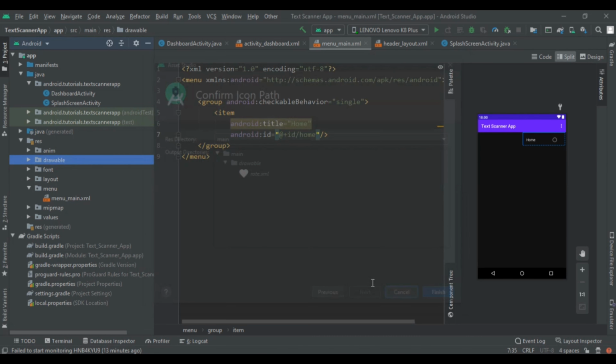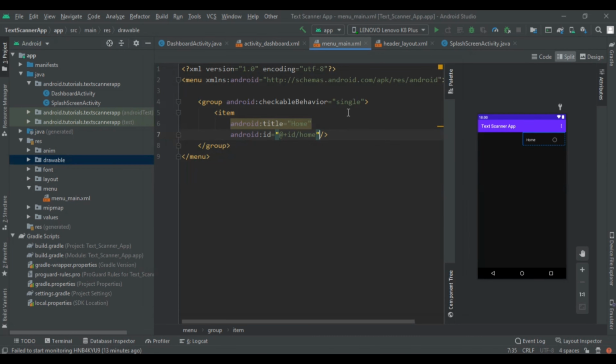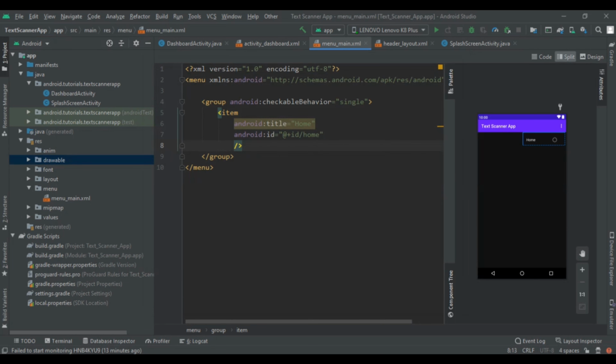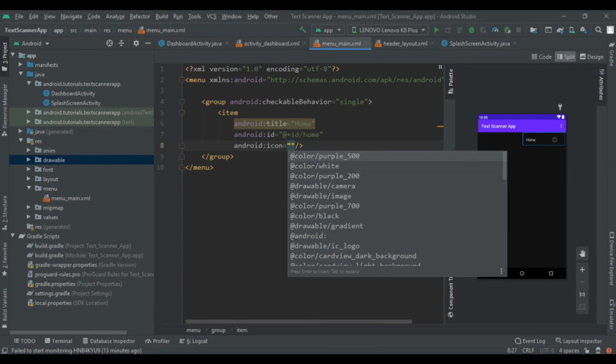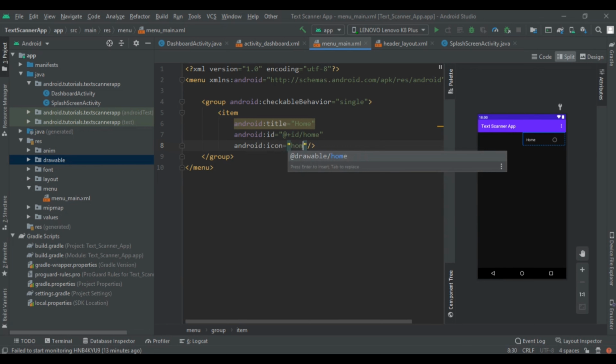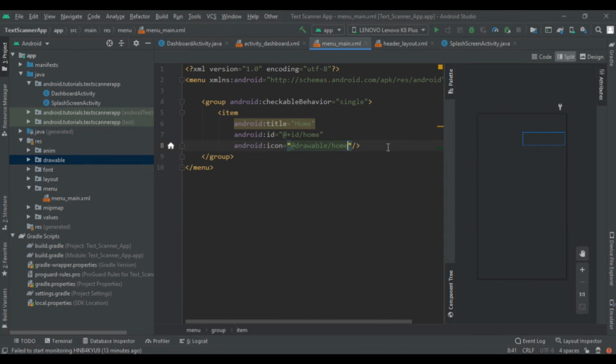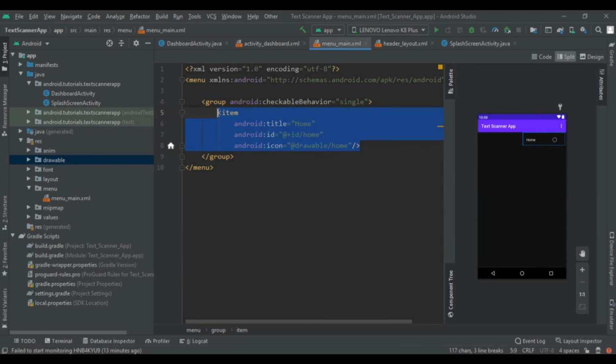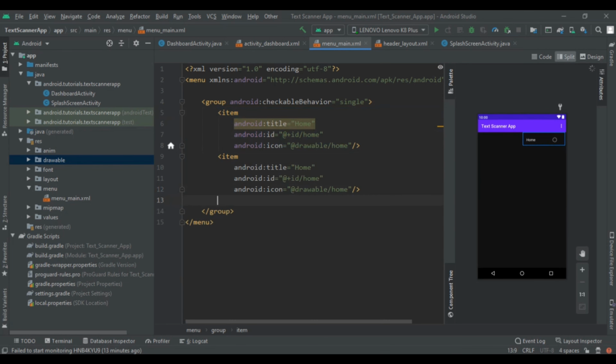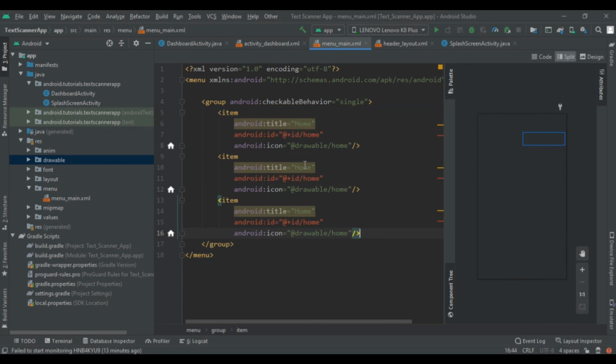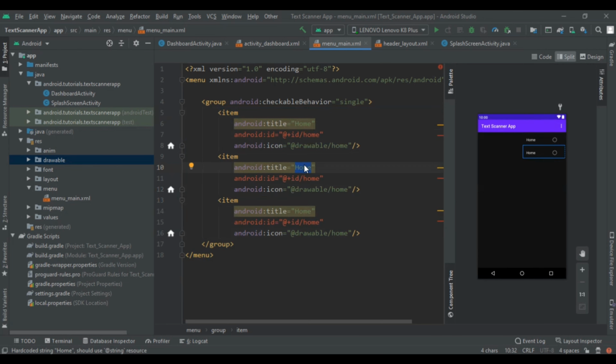Now again coming to our item and add icon. So first icon is home. So now copy this item code and add it 3 times and change its title and ID, also icon, as per your need.